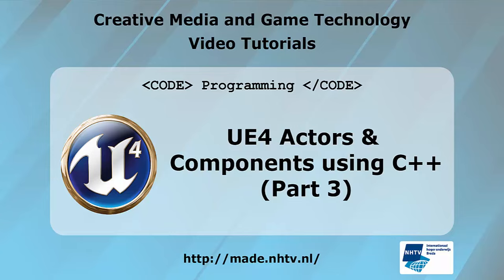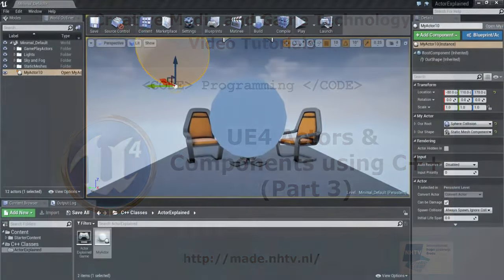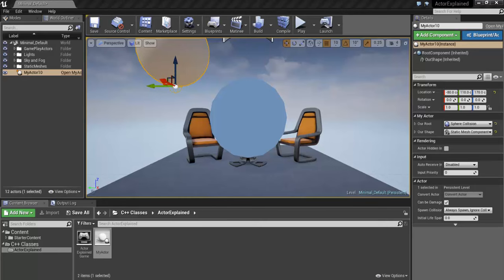Last tutorial we detected a collision with an actor. Now let's make something a bit more interesting. Let's make things catch on fire. So what I'll do is start by creating a particle effect and adding it to the actor. So we'll just actually